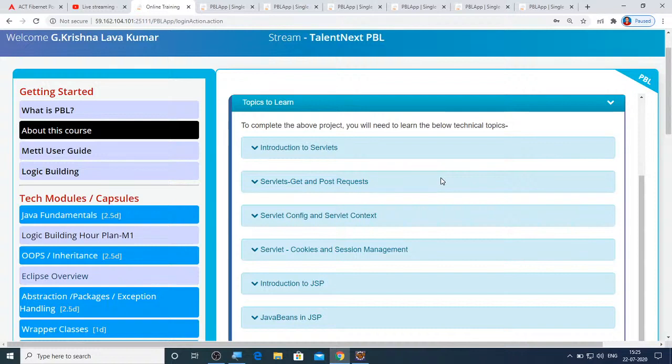HTTP servlet is the child of generic servlet that contains implementation of all HTTP services. It contains all HTTP services implementation. And this HTTP servlet in turn has a child, login servlet, which is the actual user defined servlet that extends the HTTP servlet.